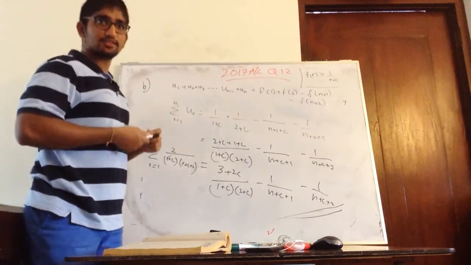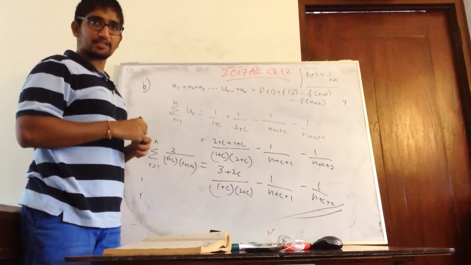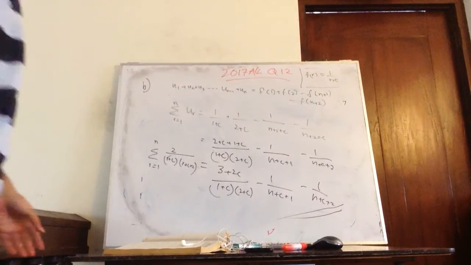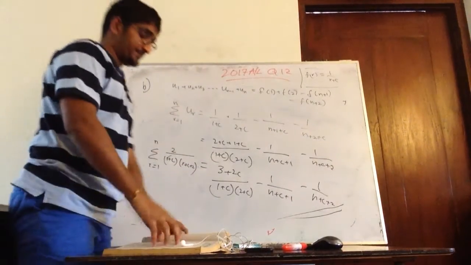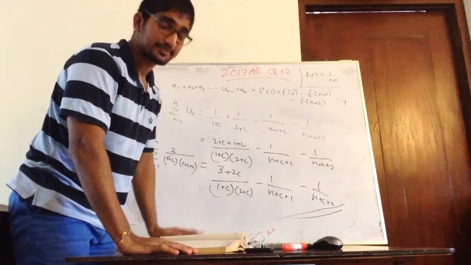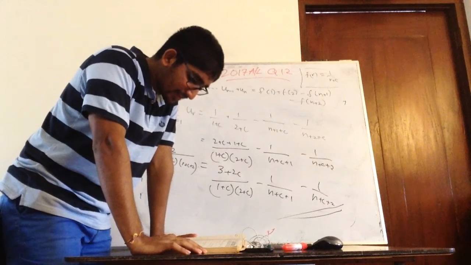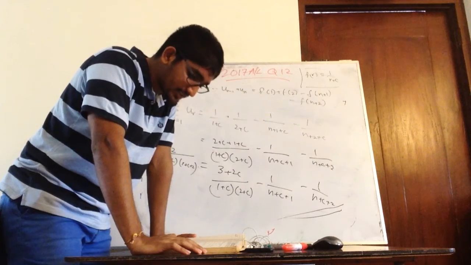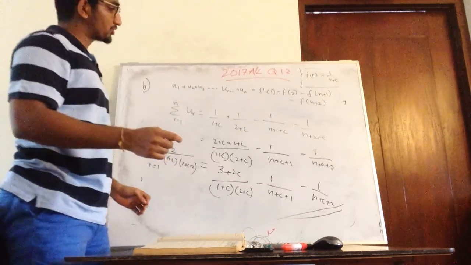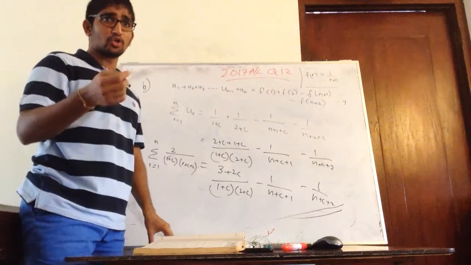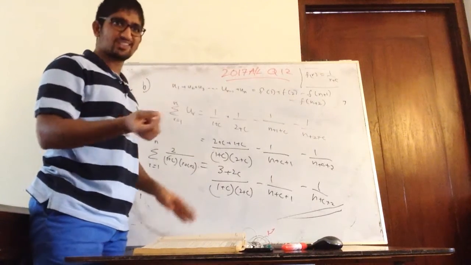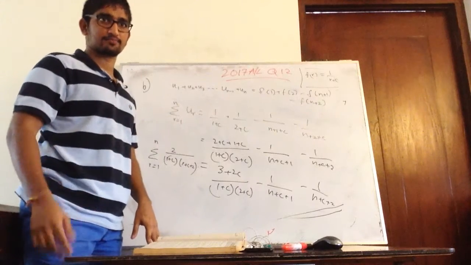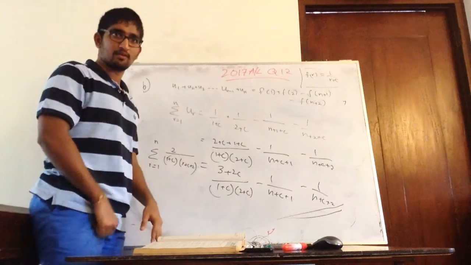So that's the answer we want. Correct, no? Right, so we come up to here. Then what are they asking? Then they are asking to deduce that the infinite series converges and its sum. So we want to see if it converges. So that means what? We take the limit. Correct, no? Right?